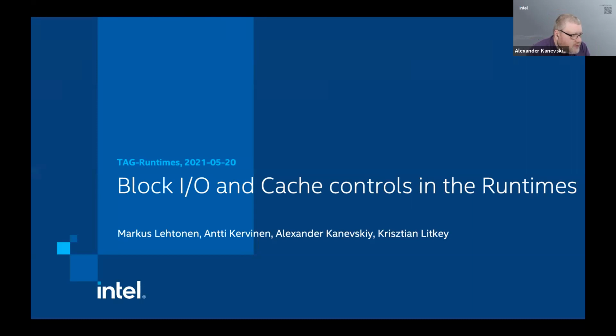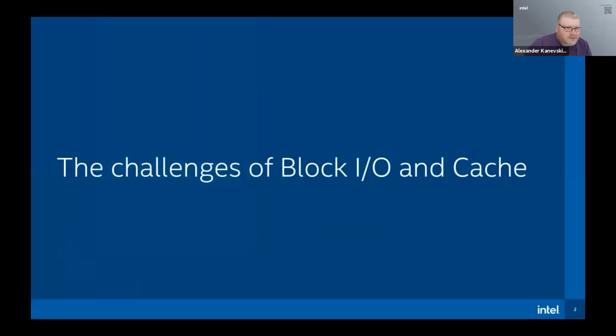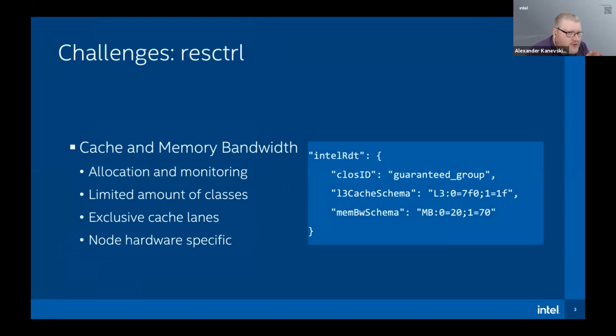But today we wanted to present pieces related to block IO and cache, how we see they can be merged into runtimes, and how they can help cloud native workloads overall. The first problem is that those resources are a bit tricky, and tricky in different ways. So to give you a crash course on what is happening: